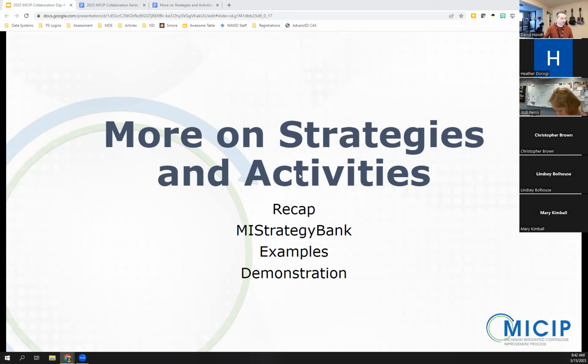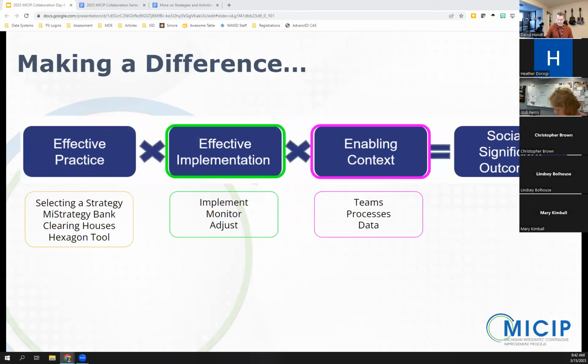All right, so let's do a quick recap here. And I wanted to bring up this graphic that came from NERN and MICIP. They're really talking about three things that have to combine to be able to have those socially significant outcomes. In our context, those socially significant outcomes would be whatever it is that we're trying to improve for our students. So that might be improving their attendance, or improving their behavior, or improving their academic outcomes,